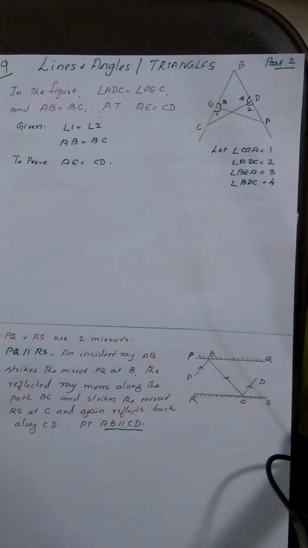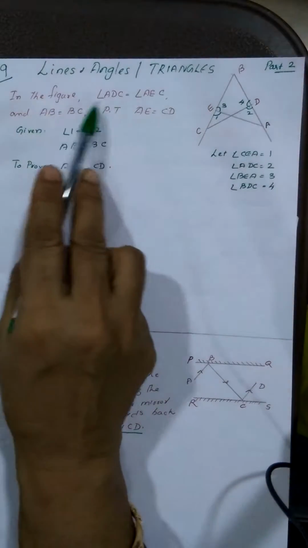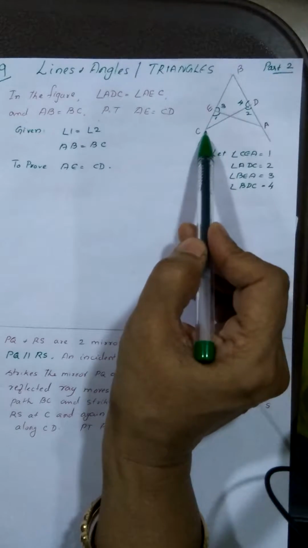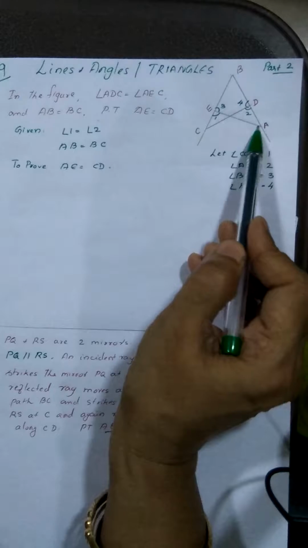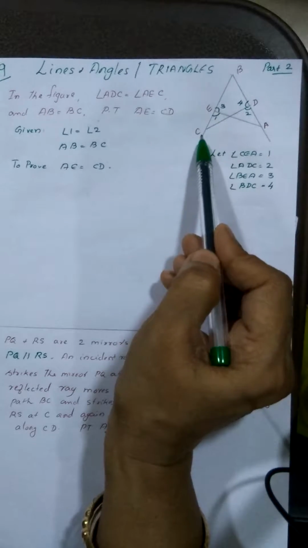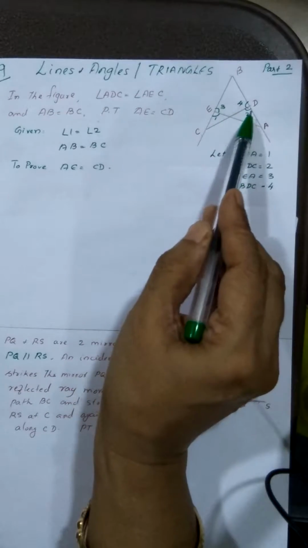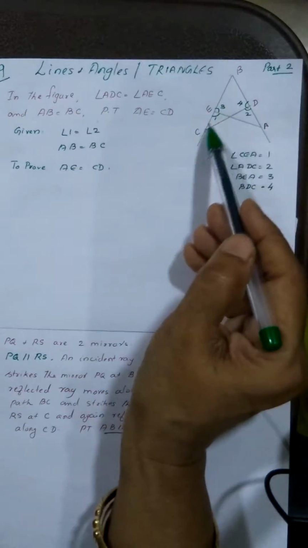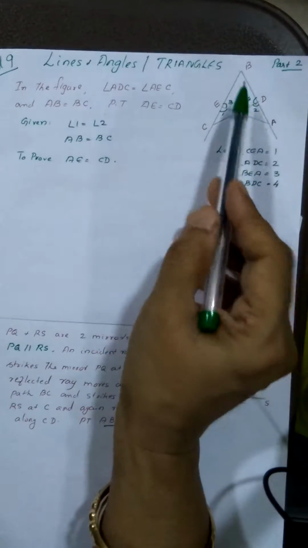The chapter is lines and angles and triangles. In this figure, it's given that angle ADC is equal to angle AEC. So it is given angle 1 is equal to angle 2, and AB is equal to BC. Now we have to prove AE is equal to